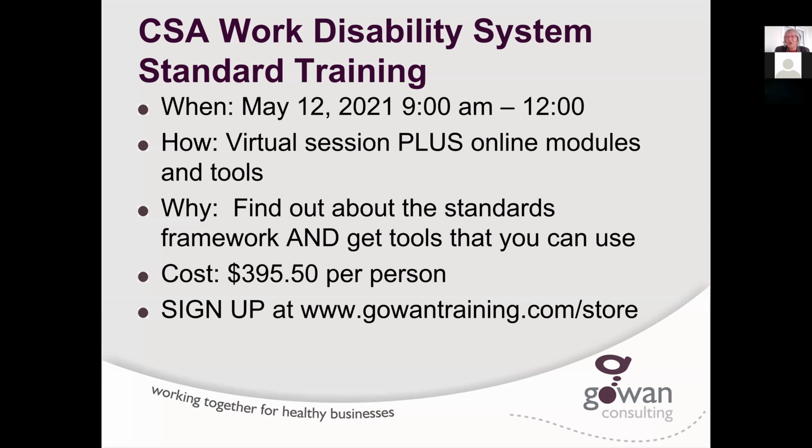It also has good return on investment. You can retain valued employees and ensure that you are not losing money on lost time and accommodations gone wrong. We know that it costs probably about $250,000 in legal fees to go to the Supreme Court of Canada with one of your accommodations. So $395.50 is going to save you a lot. You don't want to be one of the ones that we share in those legal decisions.